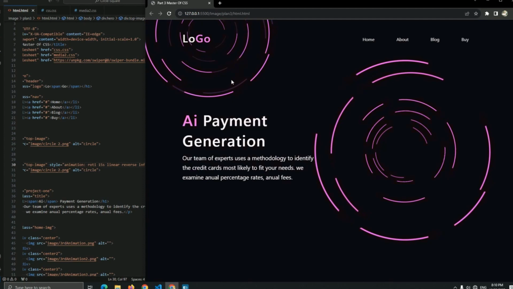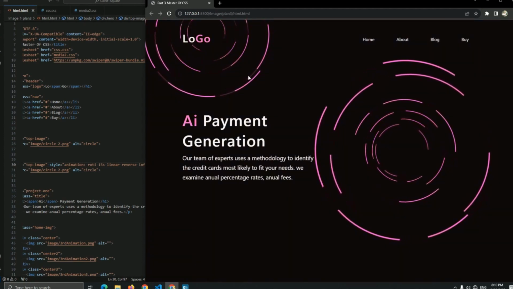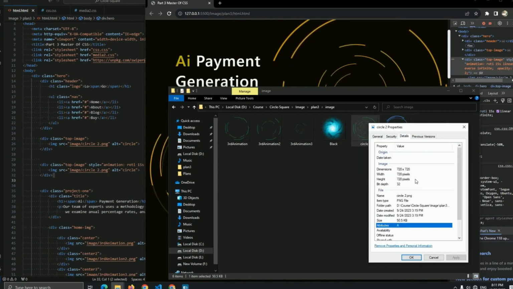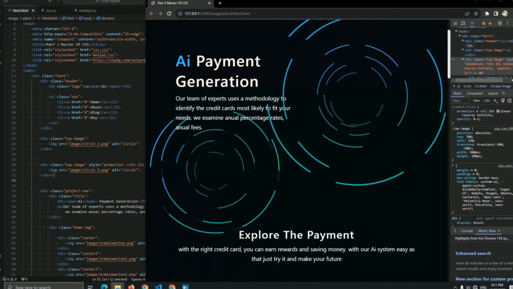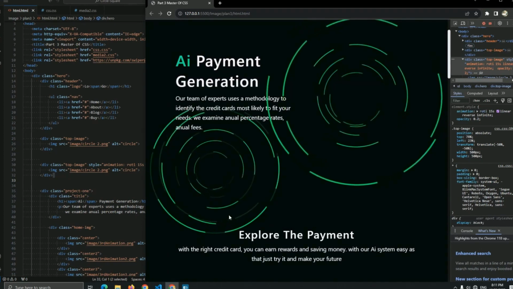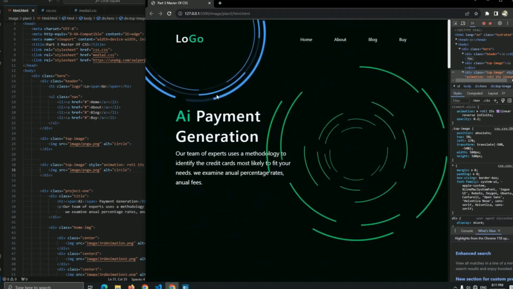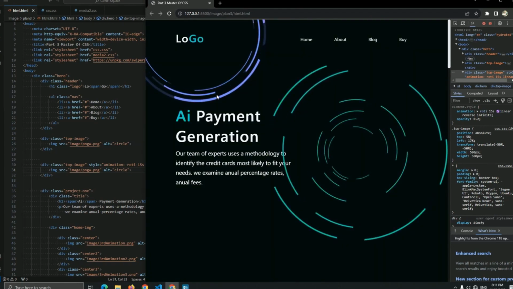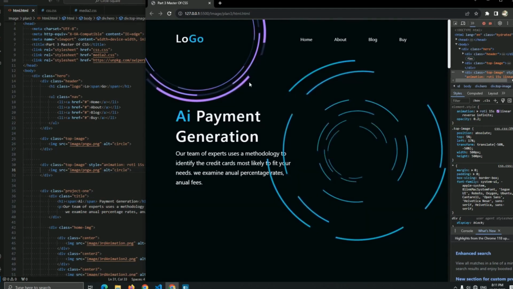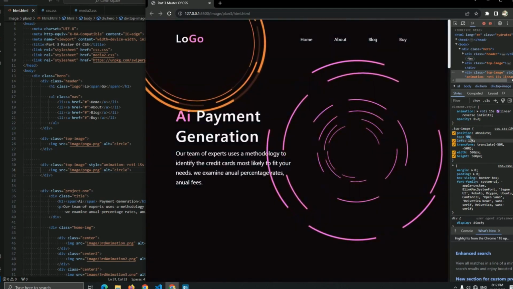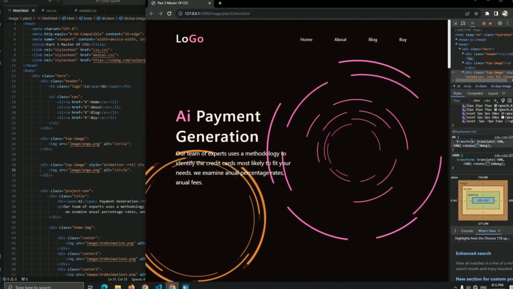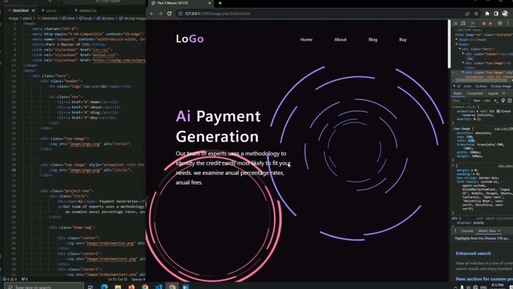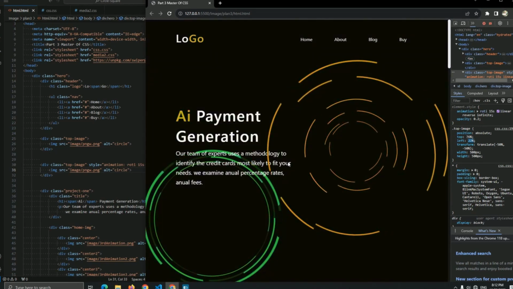But don't worry about this, guys. If you see this image, I have set the same width and height, as you can see right now with the detail of the image, but inside this PNG it's not the same width and height. But for example, if I use this, you can see this is a perfect circle even inside of the PNG, but this is not a circle. This is the whole point: always make sure the image has the same width and height when you see the detail. Second thing, always check your PNG image again has the same width and height.